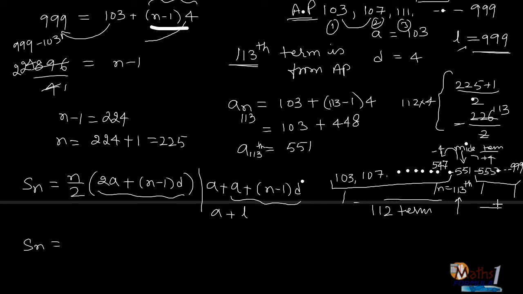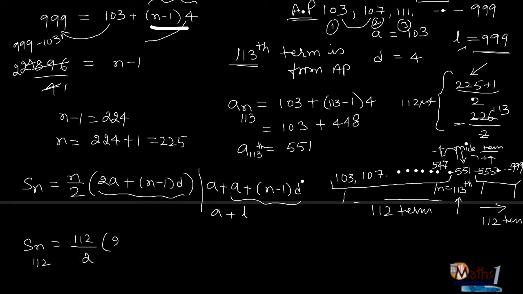After this we have 112 terms. That's how we found out the midterm, 112 terms. So 112 plus 112 is 224, plus the mid one, which makes 225. So that's 225, the total number of terms. So Sn, which is S112, is 112 divided by